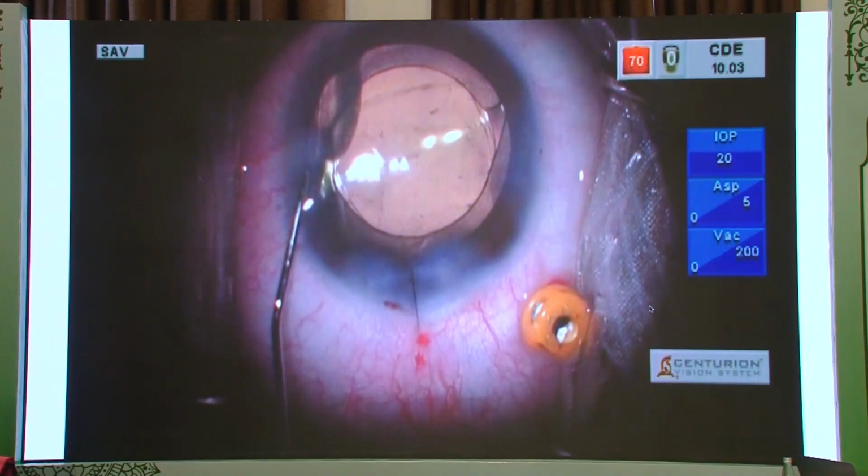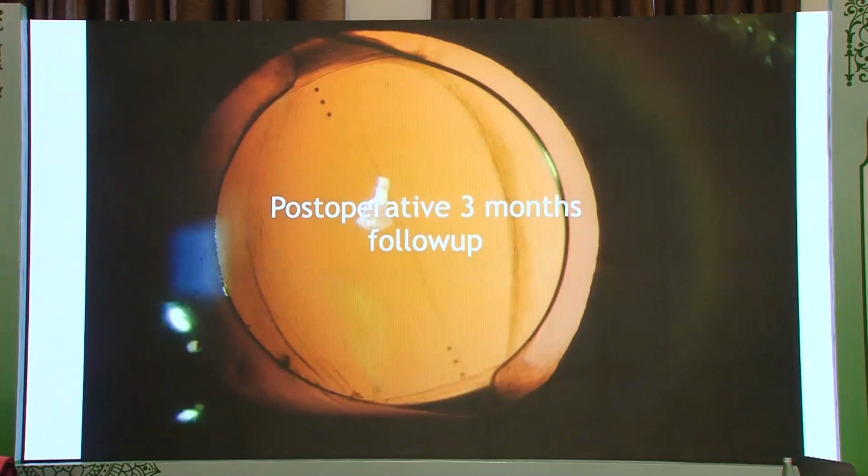Now I have taken a suture. You might say, what about the astigmatism? Yes, it might add to it a little bit, but I'll remove it. It's only one single suture and I'll remove it within a week to 10 days, but I don't want that initial shallowing. So this is a 3 months post-operative picture of the same eye,